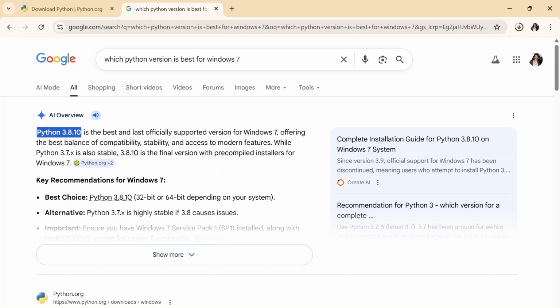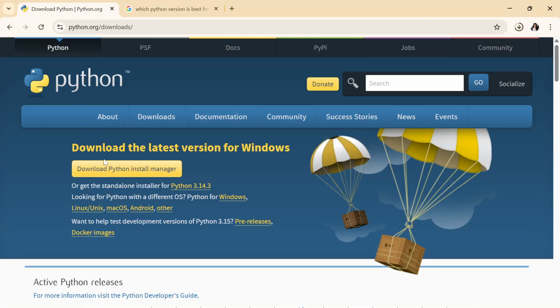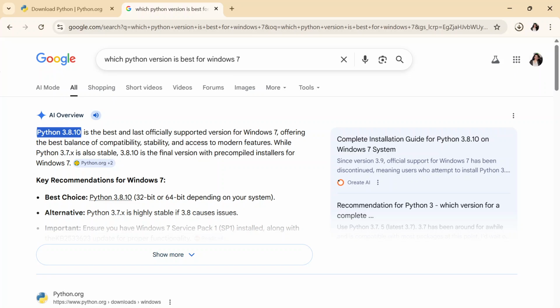This version is the best version for Windows 7. And here we are seeing that this button is going to download you the latest version, that is Python 3.14, which is not compatible with Windows 7. So here we are seeing that for Windows 7, the best version is 3.8.10. Now we have to download this Python version